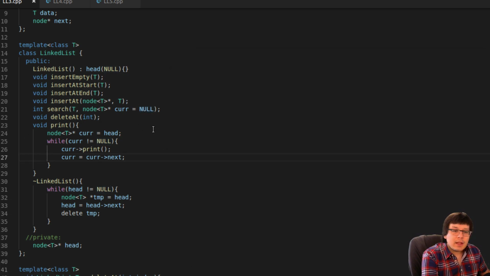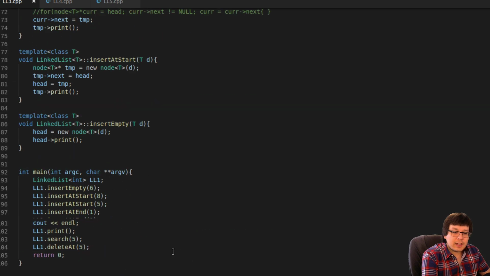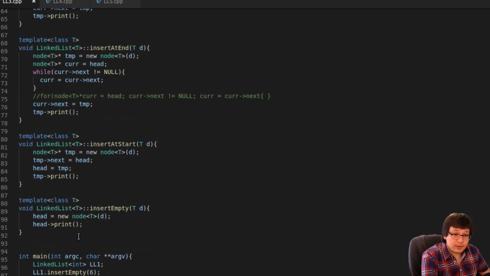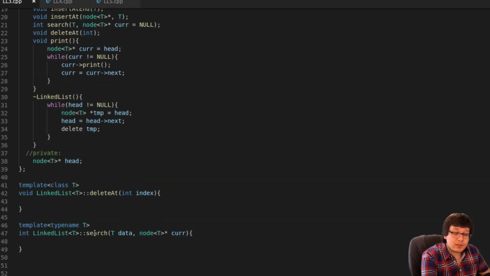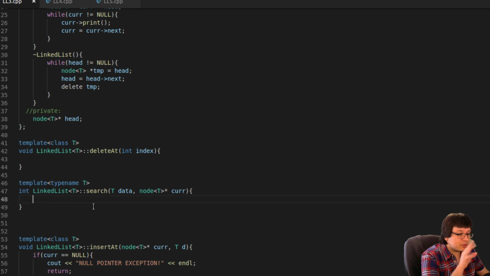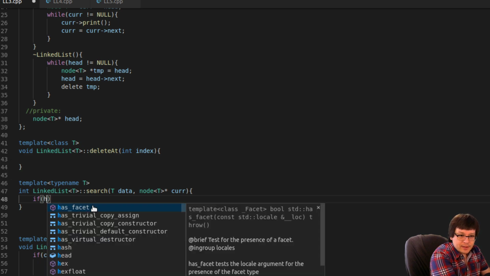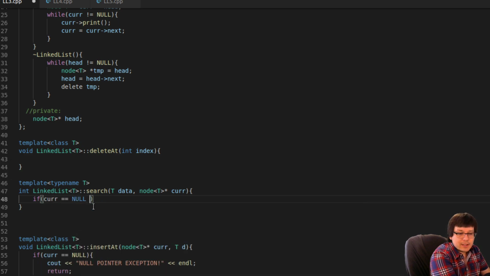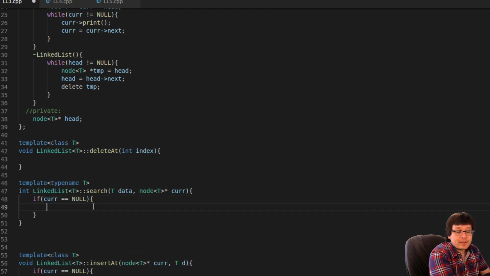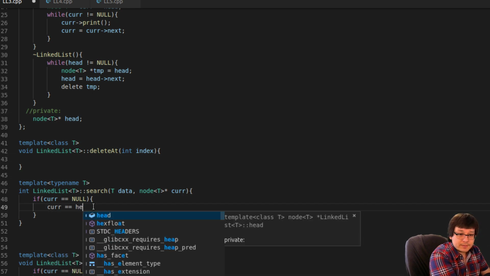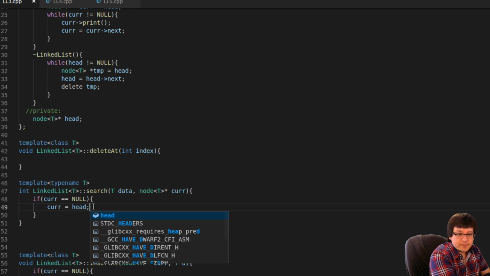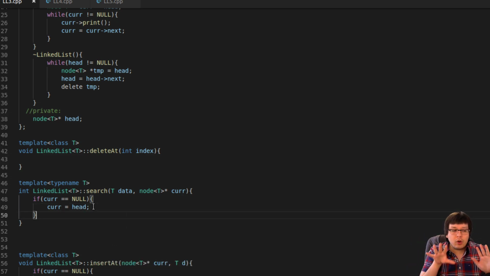Okay. So what I'm doing is I'm making the pointer default to null. So whenever I don't call a specific spot of the list, a specific node, all I'm doing is essentially passing in null. It's a little sort of hack or trick that you can do, because now we can say something like, if cur is equal to null, then that means it must be the first time that I'm calling it, as long as I never call it on null. In which case, I can simply say cur is equal to the head. Okay? So that is going to always start our recursion on the beginning of the linked list.